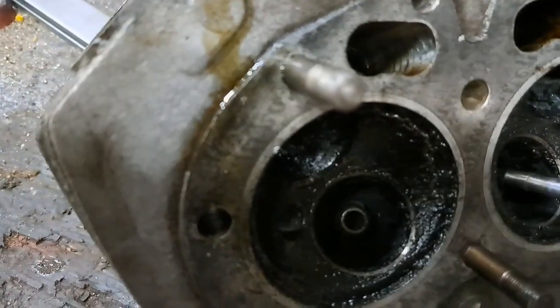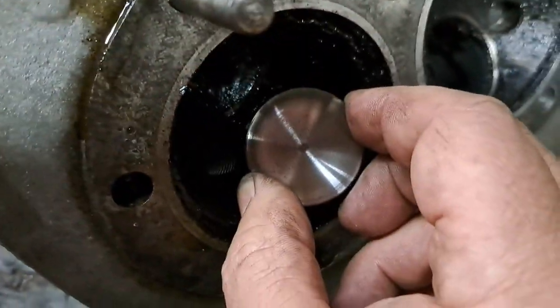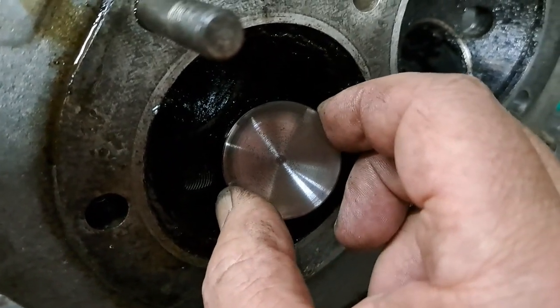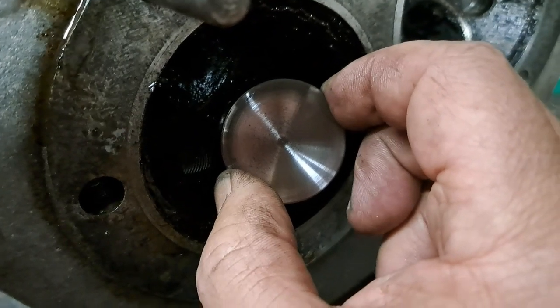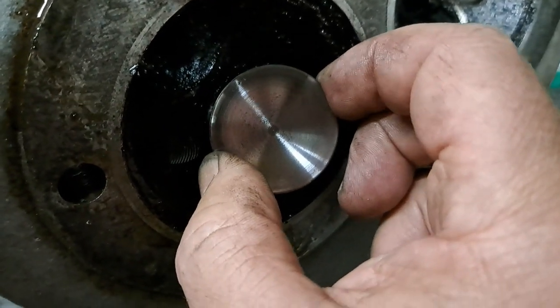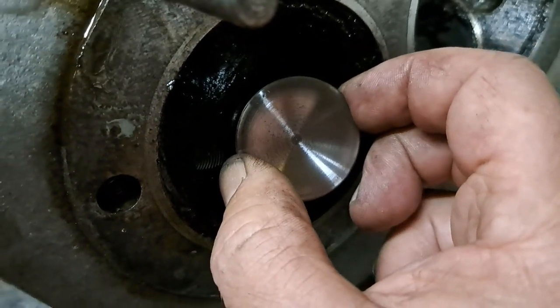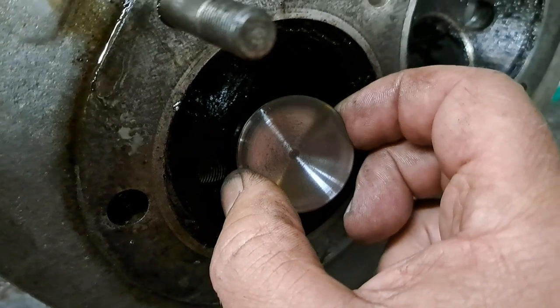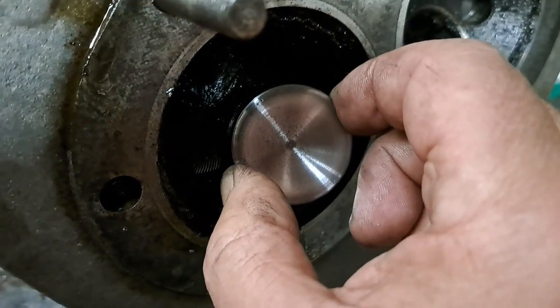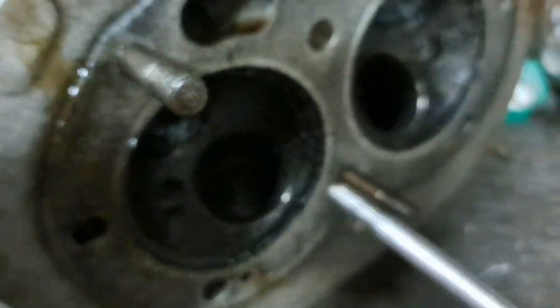So let me try an intake valve here. You should be able to hear that little clinking noise. It's probably about 10,000. I've seen a lot worse than this. Like years and years ago, the first time I did up the head on my older Norton, they were really bad. They're probably about 20,000 slop in those things. But anyway, these are